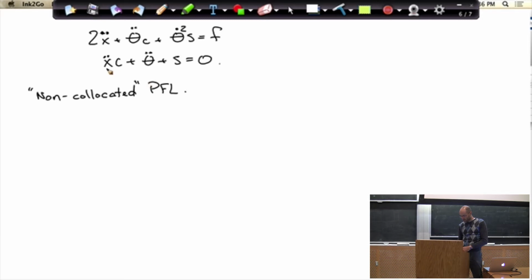I'll do it by just solving first for x double dot, and I want to have this thing just in terms of theta double dot. So x double dot is negative 1 over c theta double dot plus s. Then I'll stick that back in the first equation to get the whole thing in terms of theta double dot. So I'll get negative 2 over c